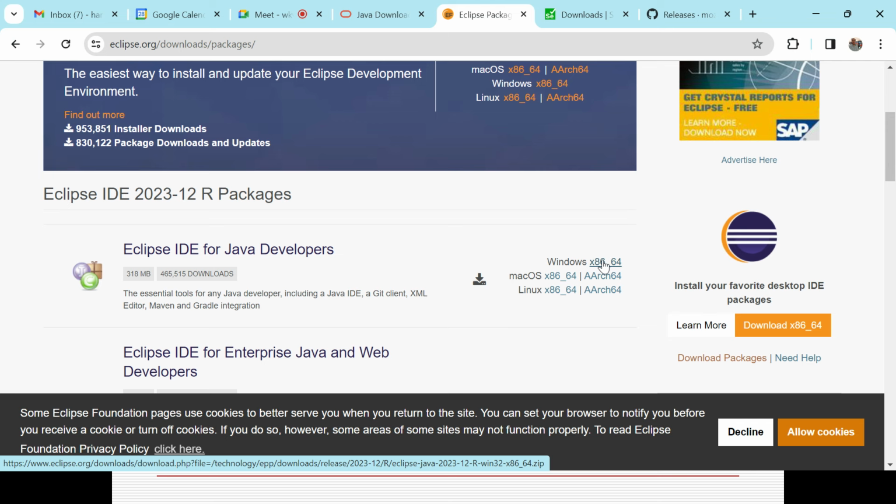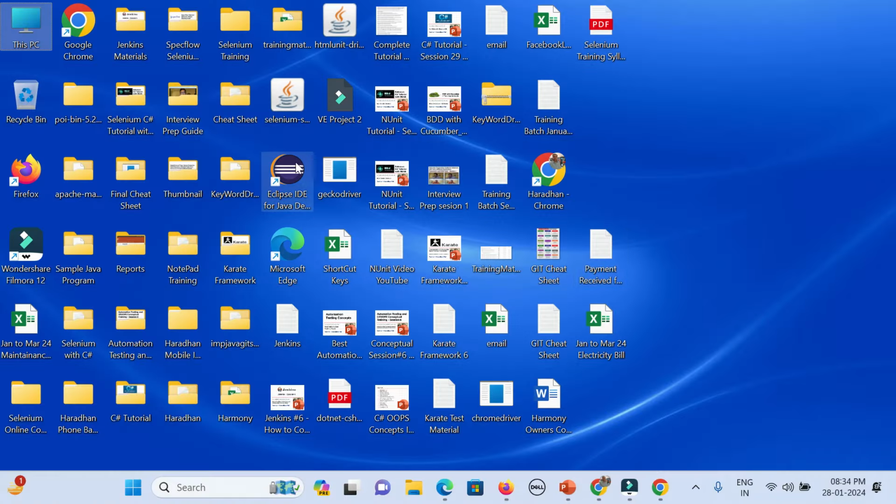You need to go next, next, next, and give some path wherever you want to store it, and finish it. After that, some shortcut might be created, and it will look like that. So the first time, you could see I have done the Java Developer 2022 version. And the first time you need to give a workspace, meaning wherever you'll save whatever project you create. So you need to give the workspace a path anywhere, in any drive, or maybe the desktop also. Then you need to open it.